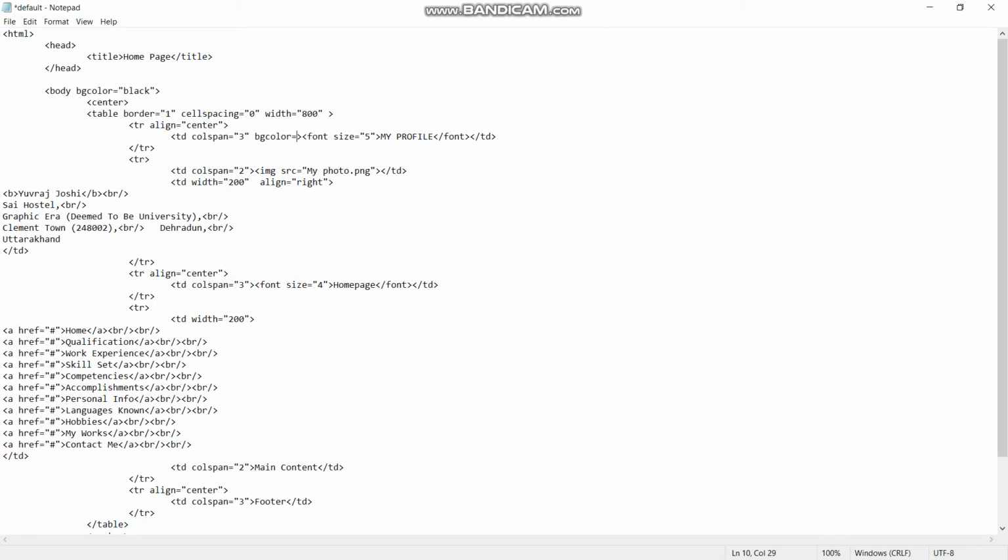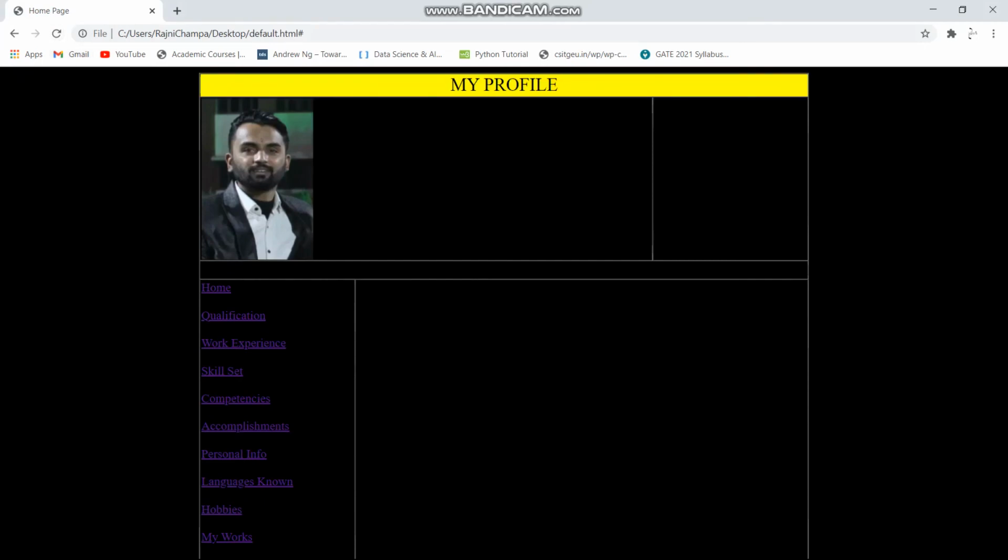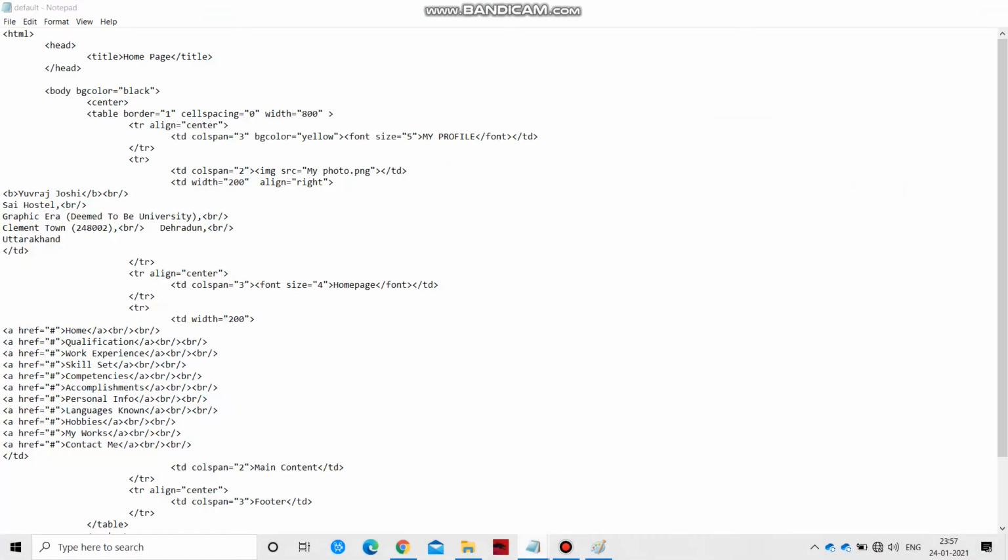At this table cell I will use yellow. See what happens. Refresh. My profile cell got lit up and it turned into yellow.